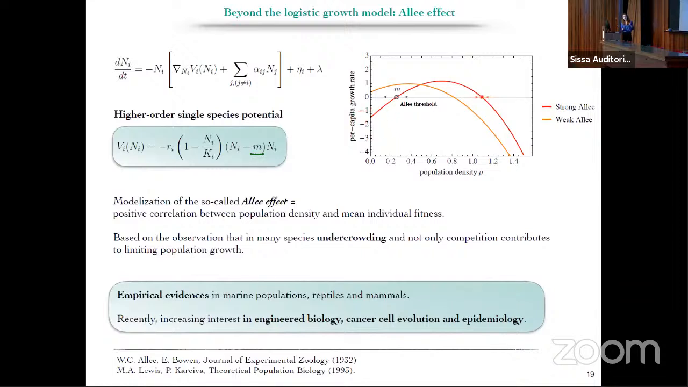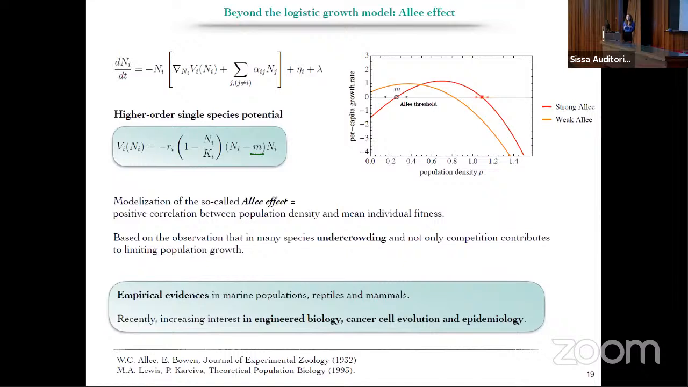And it's called weak, shown in orange in this plot, if no Allee threshold exists, but thanks to the interaction there is still an increase in the per capita growth rate when the population increases. So this effect can be thought of as a sort of small population effect, and it was observed for the first time by a famous zoologist, Allee, almost one century ago, who first observed that not only competition, but